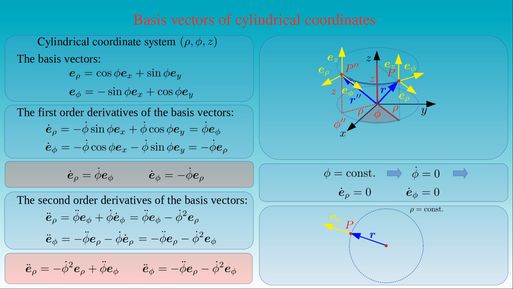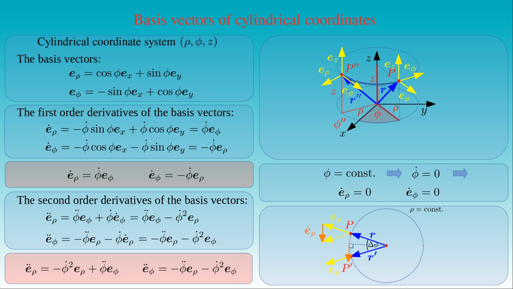If we rotate the position vector with the angle delta phi, we move the point P into the point P'. Then the basis vector at P' points into a new direction. We can translate this basis vector to the point P, and construct the difference between the translated basis vector and the original one, labeled with e rho dot. We can see that the difference vector is indeed the derivative of the basis vector if we translate it along the arc between the points P and P'.